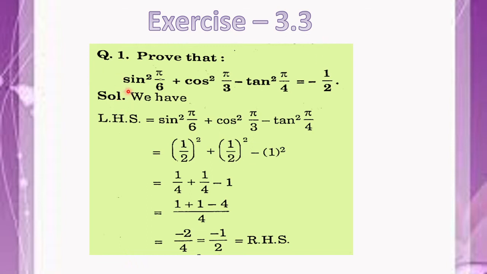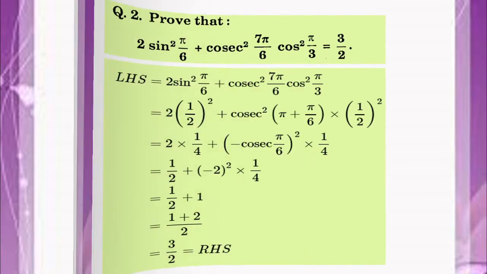Exercise 3.3, first question says, it's a very simple easy question, prove this thing. So sine pi/6, we know very well pi/6 is 30 degree. And what is the value of sine 30? 1 by 2. I hope you all remember that cos square theta or (cos theta) whole square is one of the same thing. So we can simply put the values: sine 30 or pi/6 is 1/2, cos 60 or pi/3 is 1/2, and tan 45 or pi/4 is 1. And then simplify and get the answer.